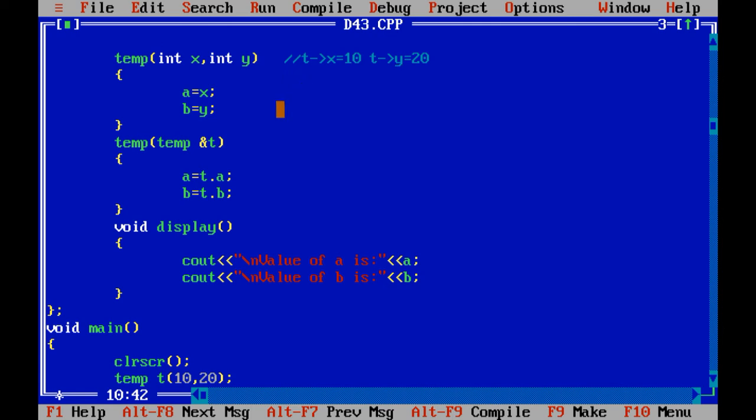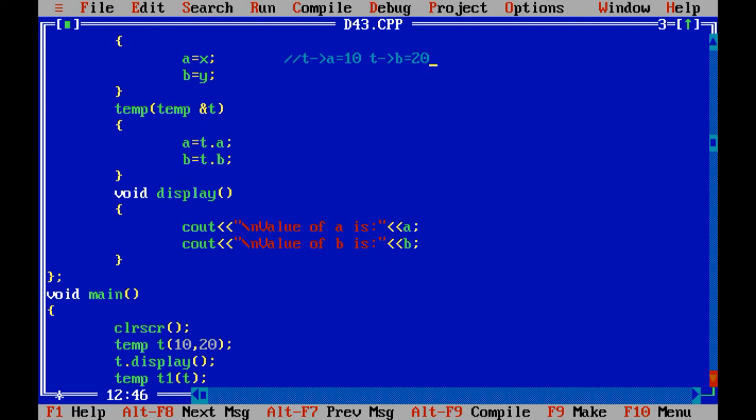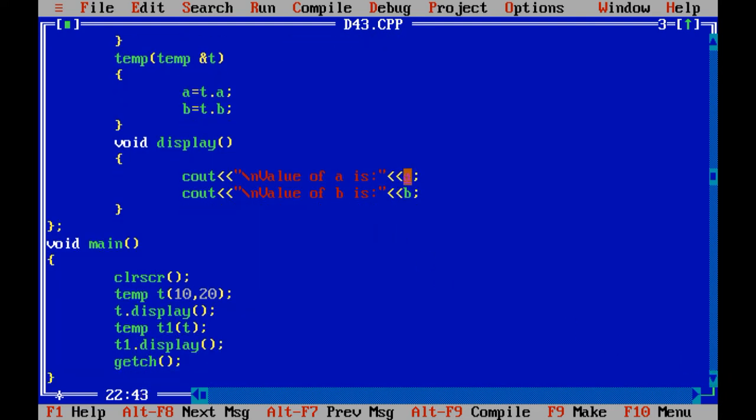Now from this line, t of a equals to 10 and t of b equals to 20, right? So after executing this, you have called display function and a and b. T dot display.